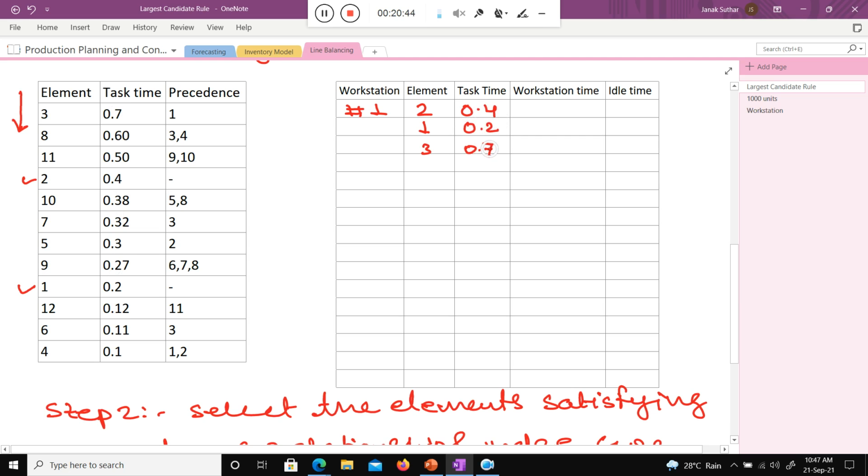It is 1.3, right? Yes, 1.3. So it is more than the cycle time. I cannot complete my product in 1 minute in that condition. It is more than cycle time, so I cannot put it here in workstation 1. Are you getting my point, class?